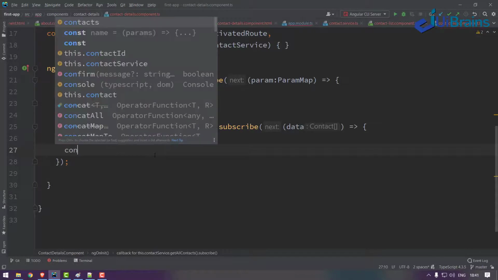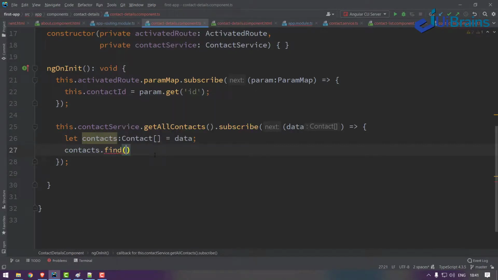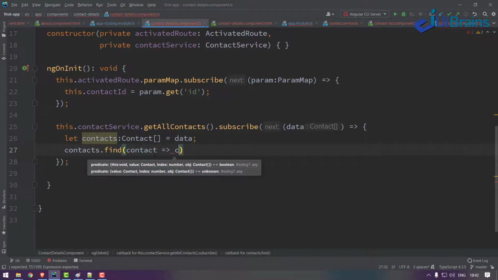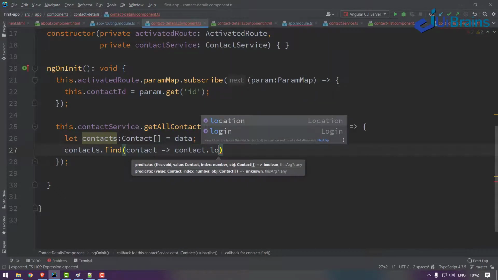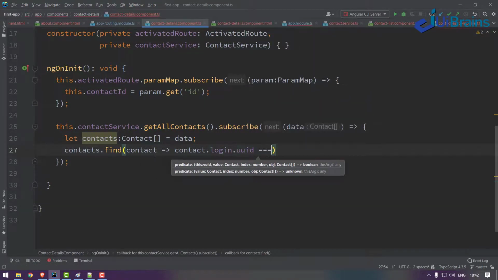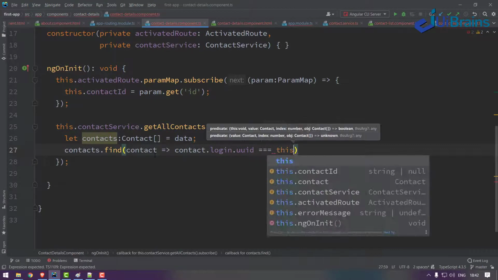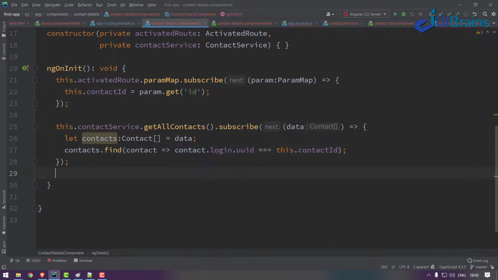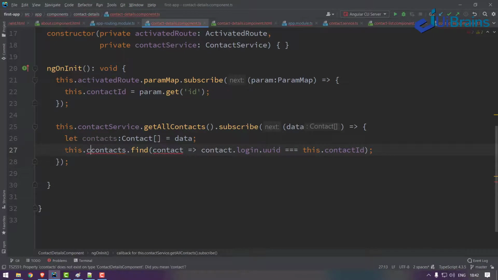So contacts.find, you get each contact where you return contact.login.uuid is equal to this.contactId. Okay, so this will give you a particular contact. So that particular contact I'll add to this.contact.